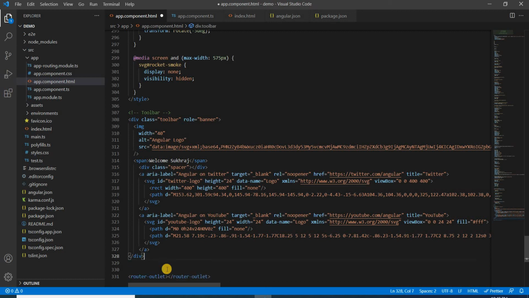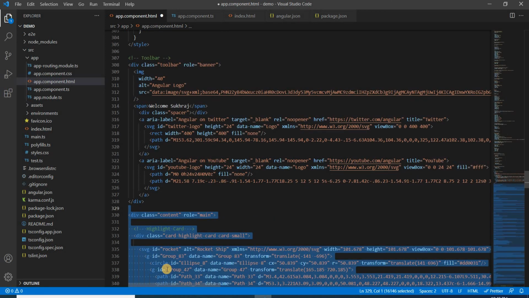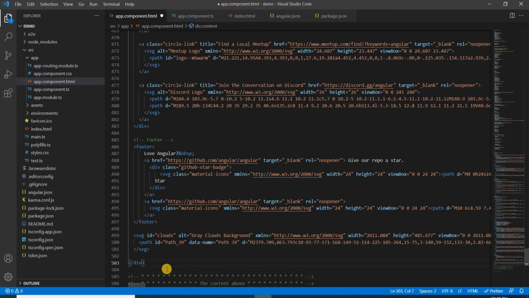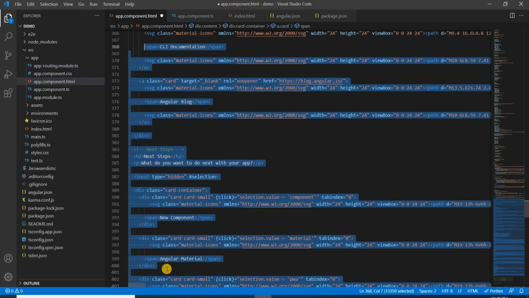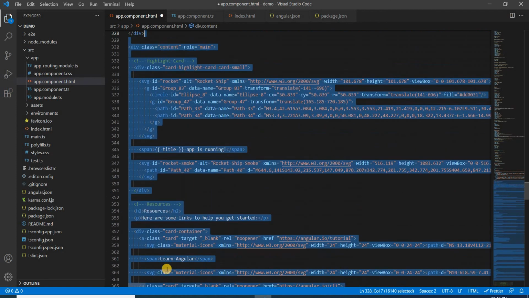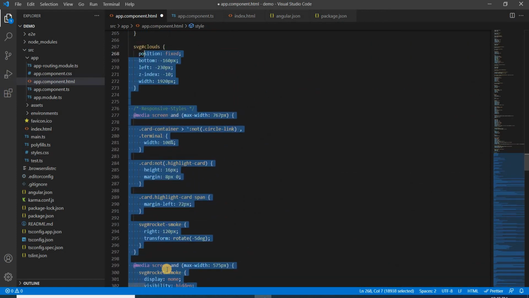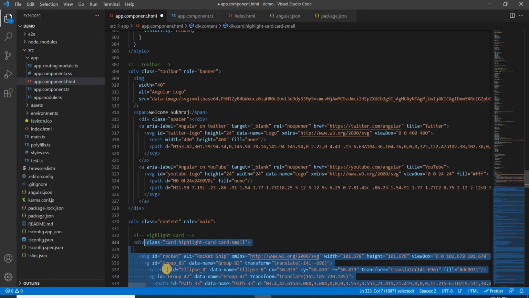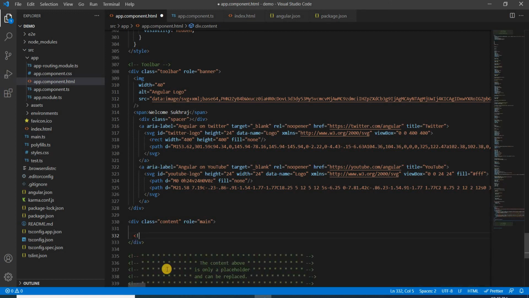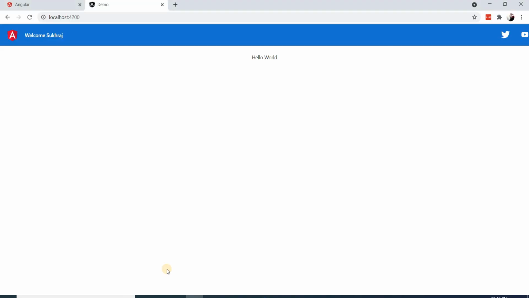Let me see. Because CSS is used here, I will remove only the inner content, not the main div. So inside the main div I will write a div with hello world. Now it's visible here.